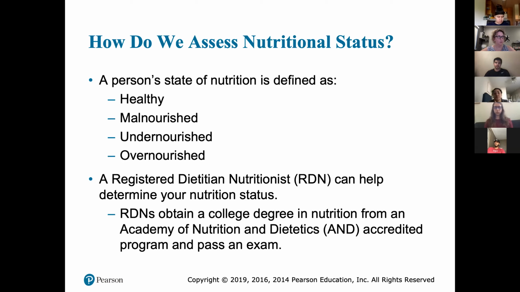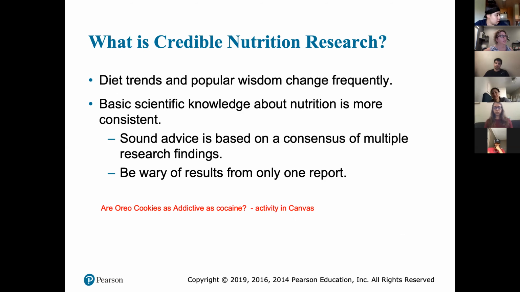Not every state is the same, but what I want you to know is that we spend our entire undergraduate and then 1,200 supervised practice hours after. Just like doctors have residencies, we do a residency that's 1,200 supervised practice hours. The average doctor going to medical school gets 4 hours of nutrition, 4 hours. I'm not saying doctors are not smart, because they are, but they have to learn about the whole body. We specifically spend time looking at nutrition, and we are considered the nutrition experts. So if you see a test question about that, I want you to be aware. Registered dietitian, nutritionist. Okay, now these are those things of assessment I talked about.